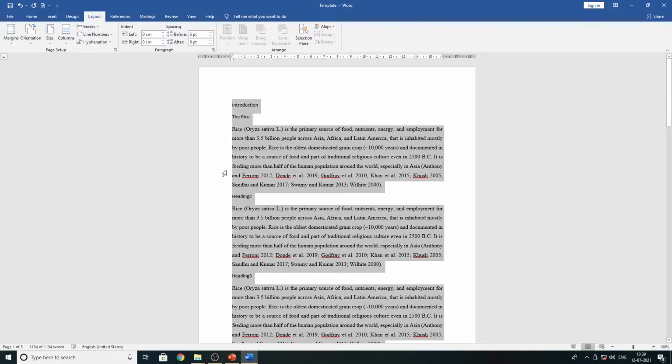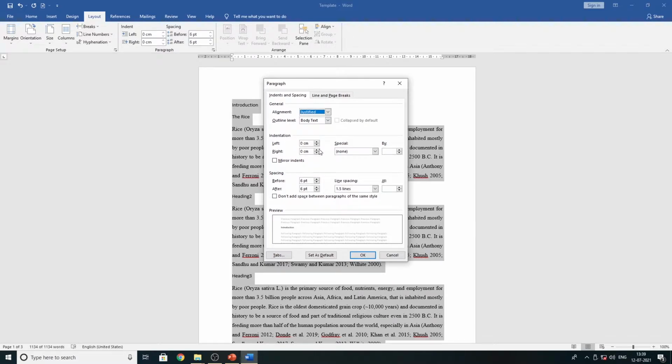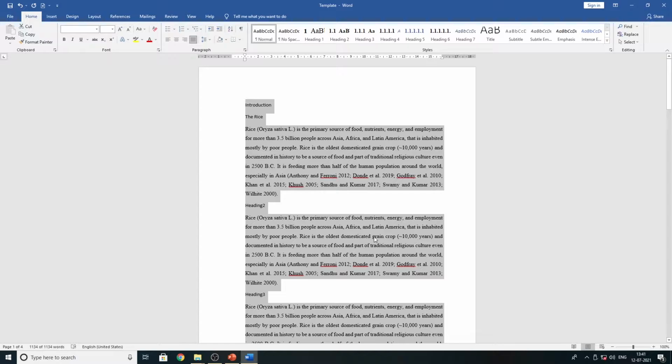Then again go to Layout, and arrange the paragraph and the left side space of your document. When you print this document, at binding time it creates problems, as the binding comes close to your text and you cannot read the text properly, so you have to keep more space on the left side. So I'm going to add an extra space on the left side for binding purposes, whether spiral binding or book binding.